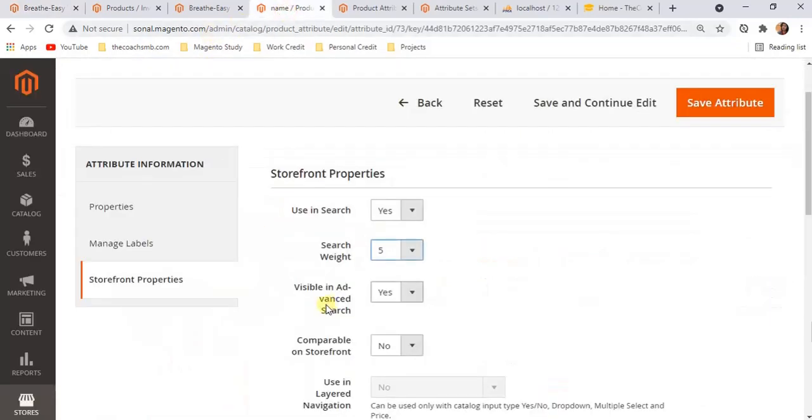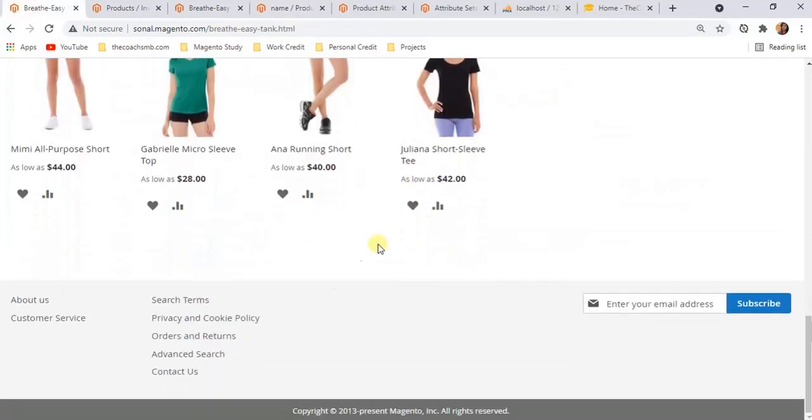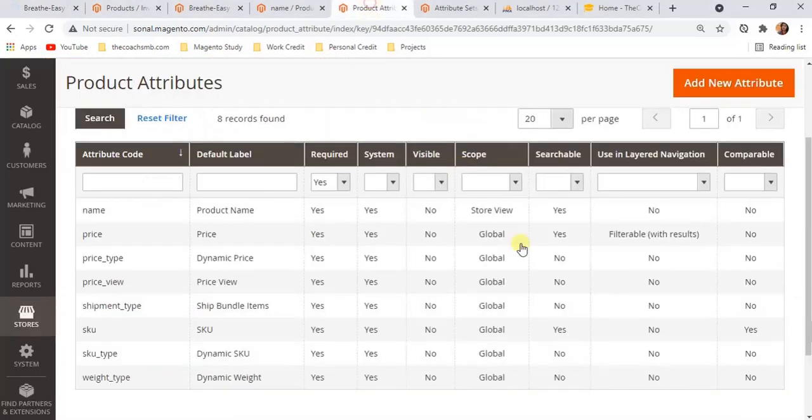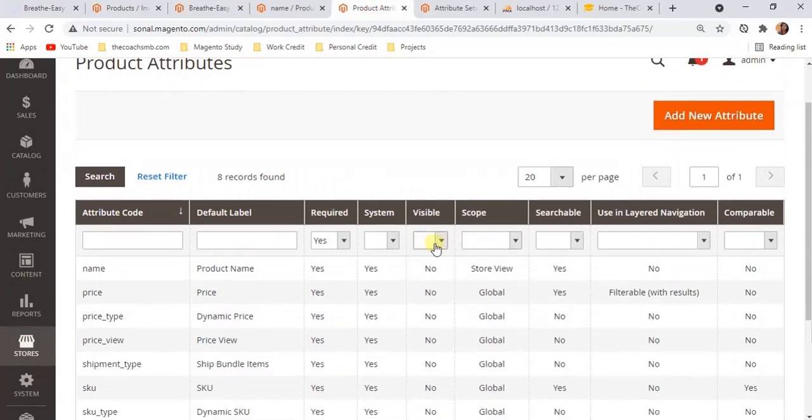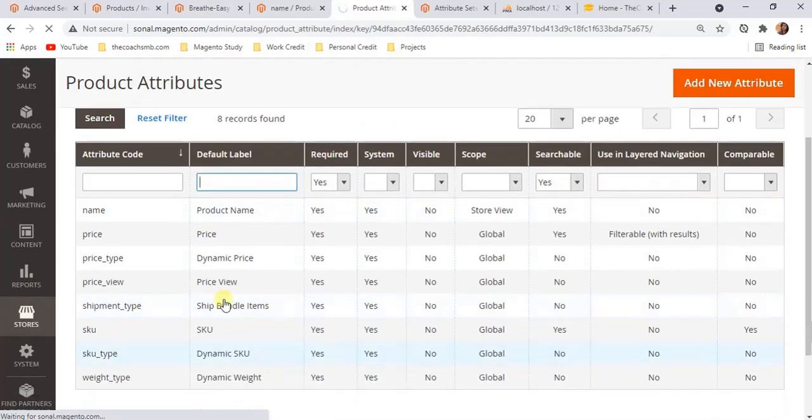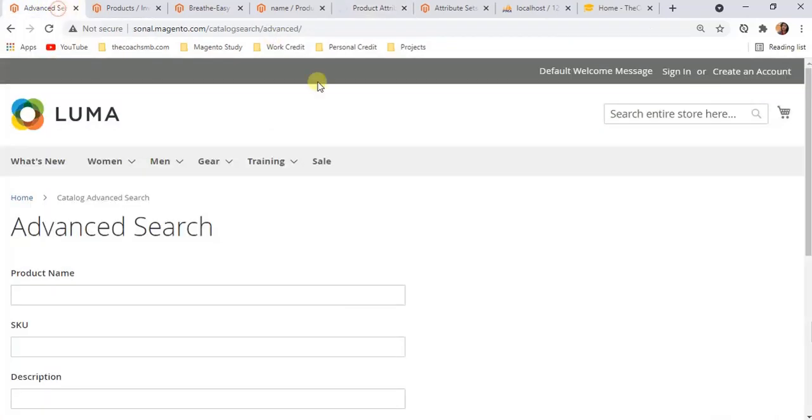Then visible in advanced search. There is an option in the footer called advanced search. If you click on advanced search, this page opens. Meanwhile, let me show you searchable. If we select yes, then all attributes which are searchable from the search box will appear in that list.